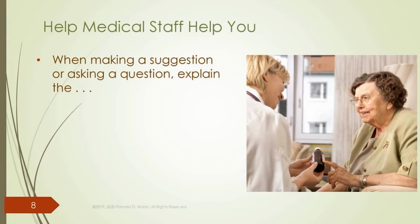You know more about the situation for your elderly parent than anybody else. And this is where it's important to recognize this at the medical appointment. When you make suggestions or when you ask a question of the doctor, if you can explain the what and the why in a factual and unemotional way, so that that person that you are talking to understands what you're trying to convey. And I'll use an example of an incident I had with one of my clients who was